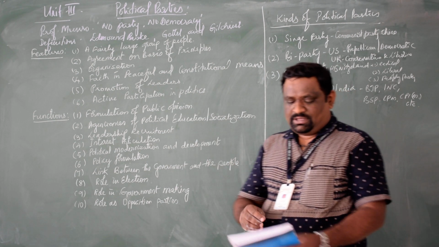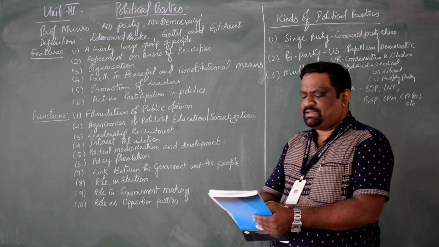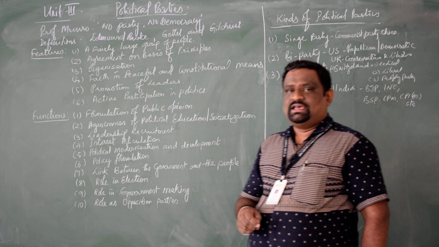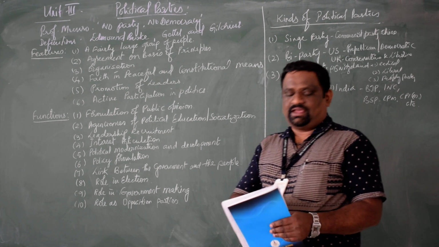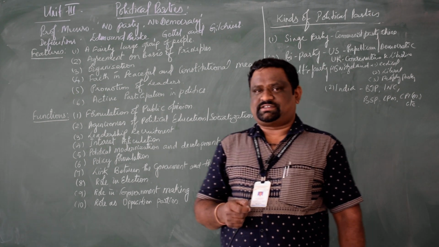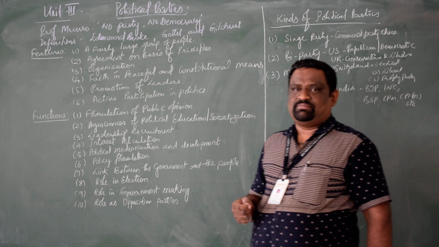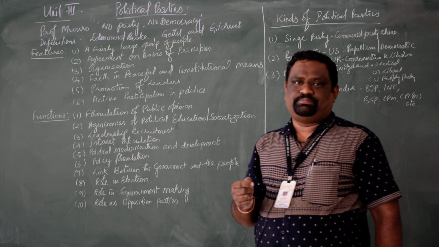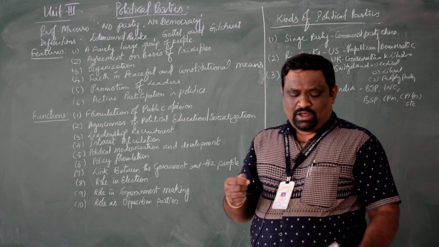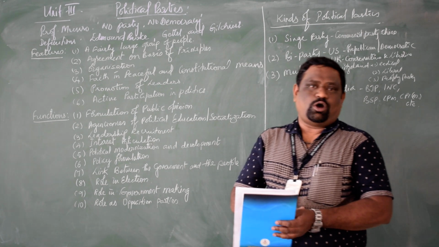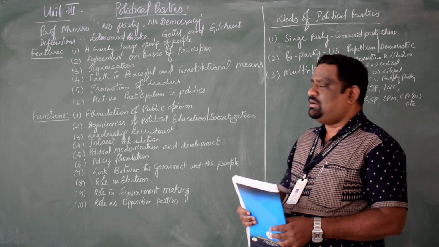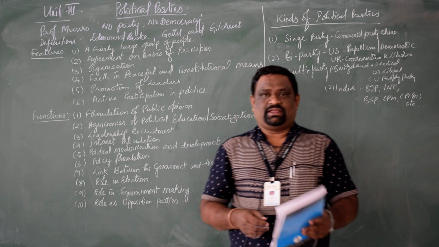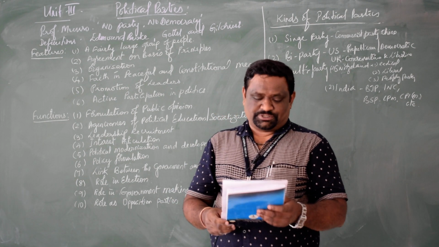So let me move on to the meaning of political parties. As I mentioned, political parties are exactly an extra-constitutional structure. However, these political parties play a leading part in the democratic system. So we should always remember Munro's wording, that is, no party, no democracy. Now let me move on to the definitions of political parties. A couple of people have defined political parties in their own terminology. Now let me read out the different definitions.